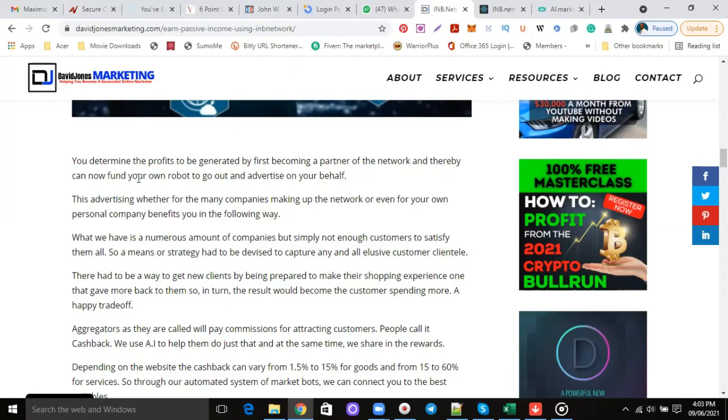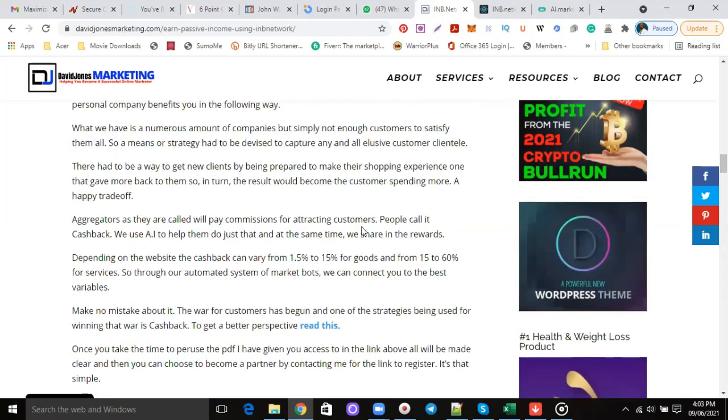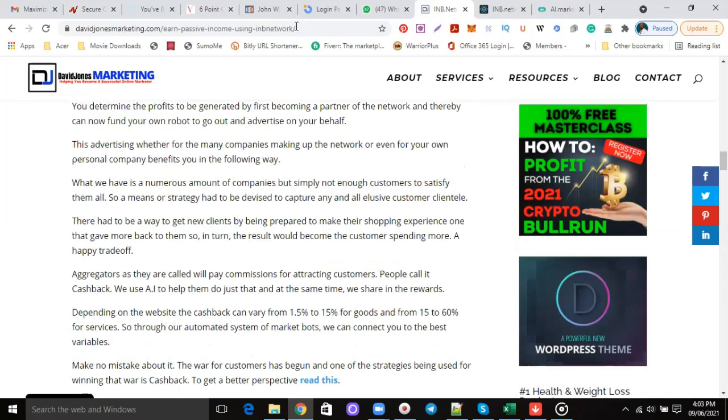That's the whole process. Depending on the website, the cashback can vary from 1.5% to 15% for goods, and from 15 to 60% for services. So through our automated system of market bots, we can connect you to the best variables. Make no mistake about it, the war for customers has begun, and one of the strategies being used for winning that war is cashback. So this is my blog post, and this is the URL for that blog post up here,